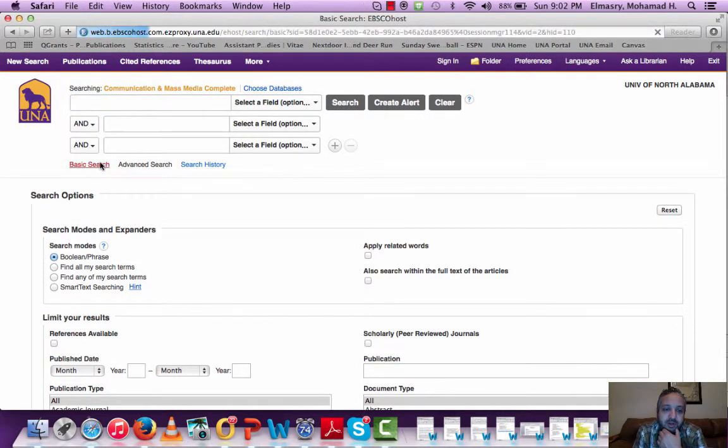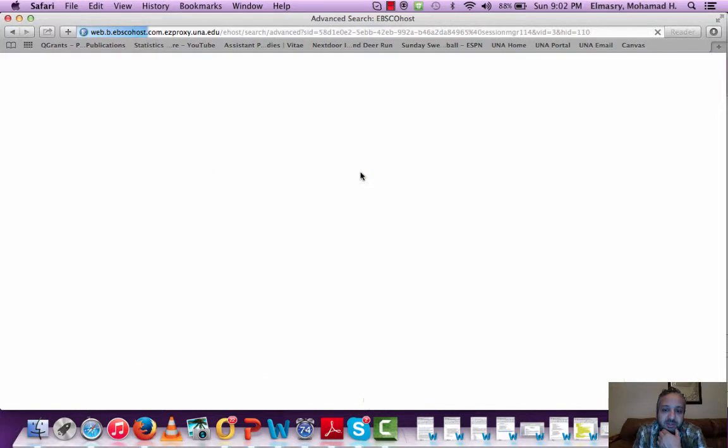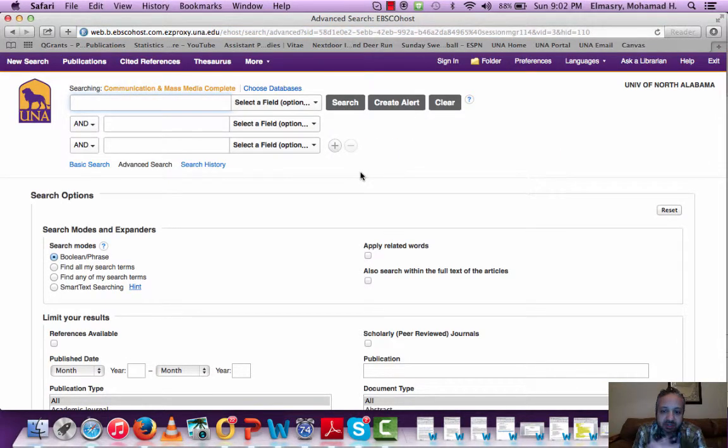If it's not in advanced search, make sure it is. Sometimes when you open it up, it'll be in basic search. You don't want this. You want to click on advanced search. Make sure this is the look that you get. And then you come down here and you click on this, scholarly, and then in parentheses, peer-reviewed journals. That makes sure, because sometimes this database will come up with stuff that's not scholarly. Most of it is, but there'll be some things that aren't. So you always want to make sure you check that box.